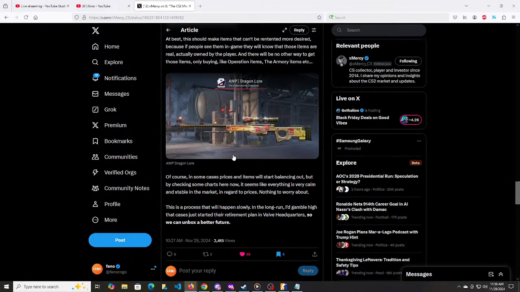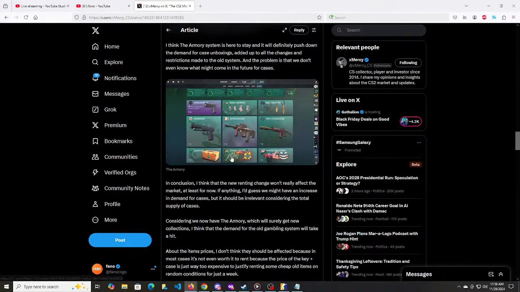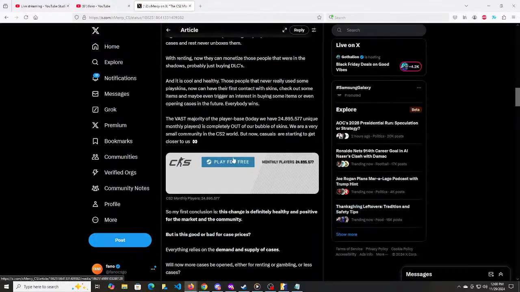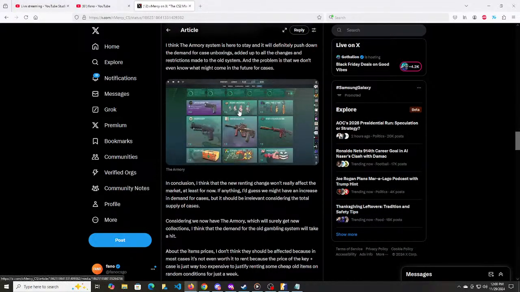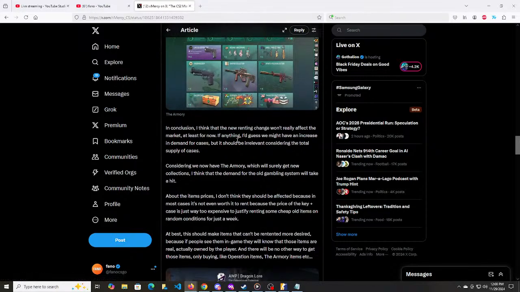Interesting. Wait, what? So is he saying that we shouldn't invest in cases in the long run and just go full degen into armory items like skins that get cycled out? Okay, I mean,